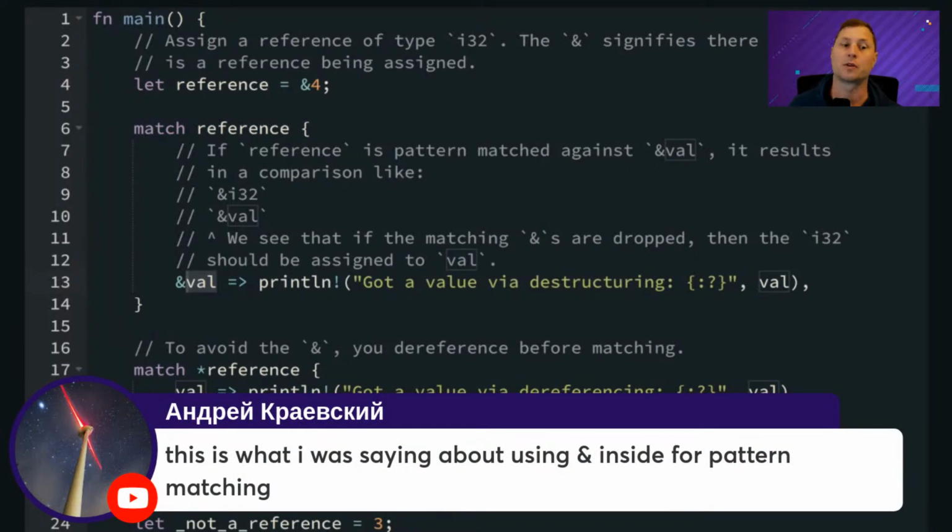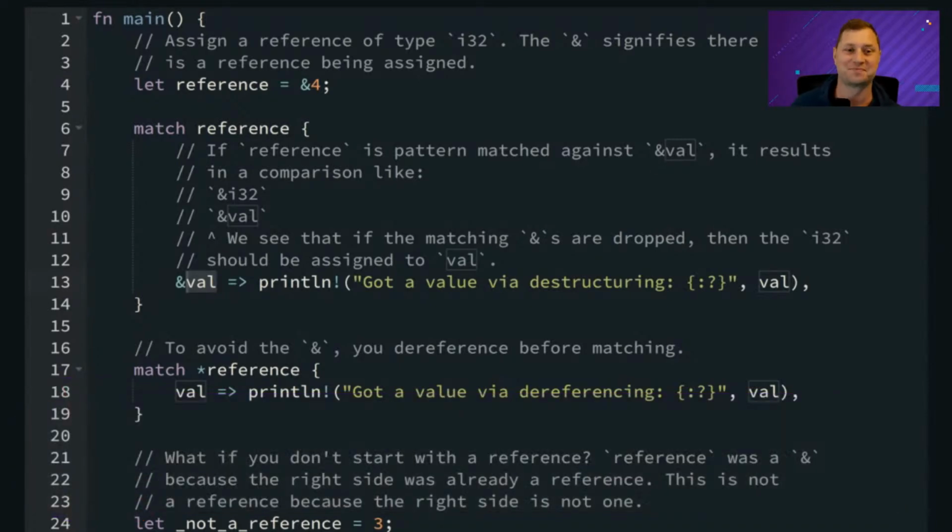Okay, right, I see. So the fact that we do have alternatives. Okay, good. We can match on a reference, and then we have destructured val to mean some integer value, and now we're able to use that val because it has gone into, you see that the matching is